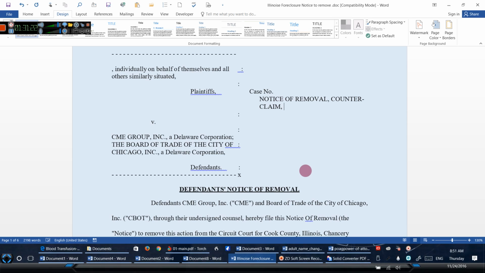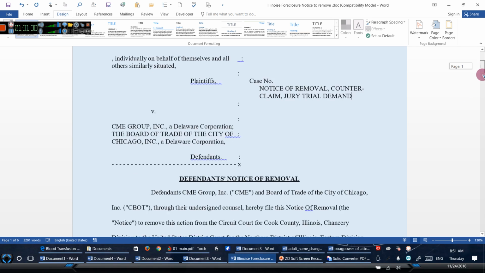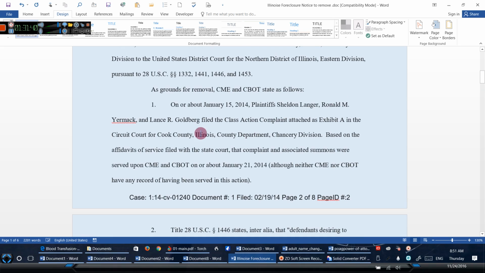Counterclaim, jury. You must demand a jury trial. You got the counterclaim, and it has to be a claim, as I did on the other notice of removal. And